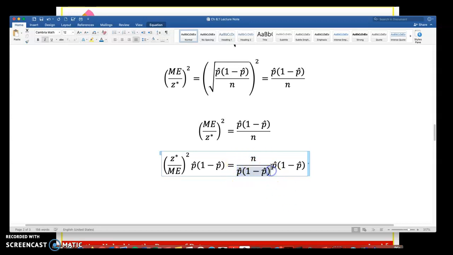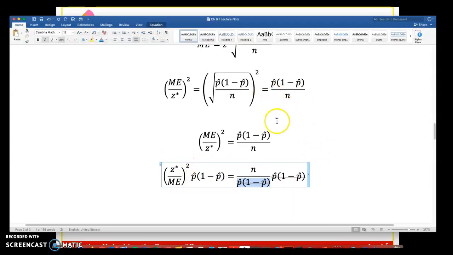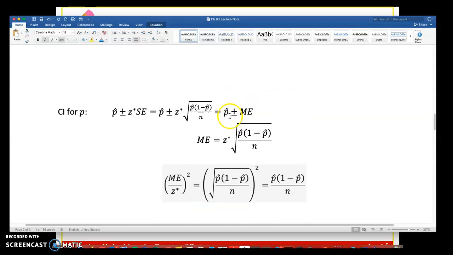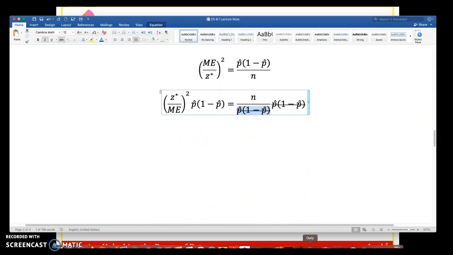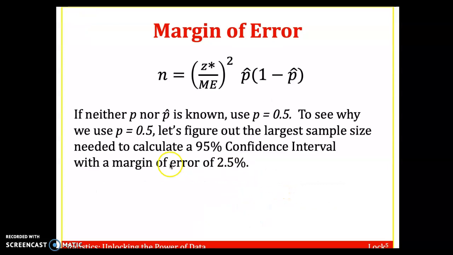And if we remember, when you do that, we could then cross out the numerator and denominator. Those cancel out. And n is going to equal z star over margin of error squared times p hat times 1 minus p hat. So I want to go through that once. I won't have you do that, but we're just taking that margin of error formula and solving for n to get this formula right here. All right, and then in the next video, we're going to go through how to use and analyze this formula to come up with